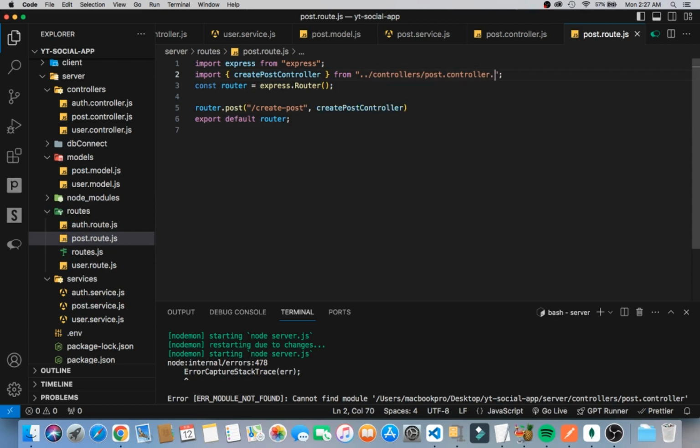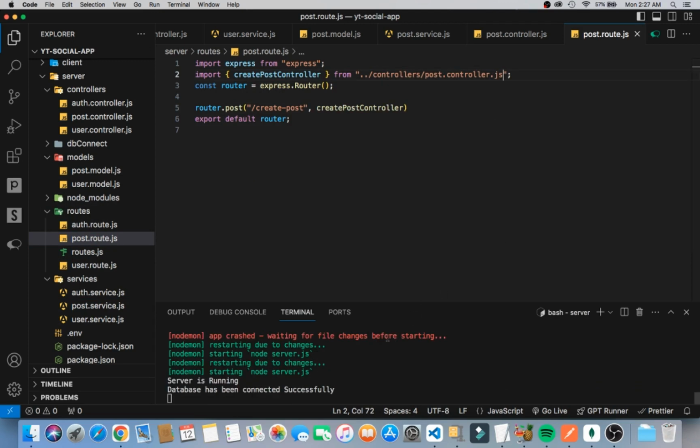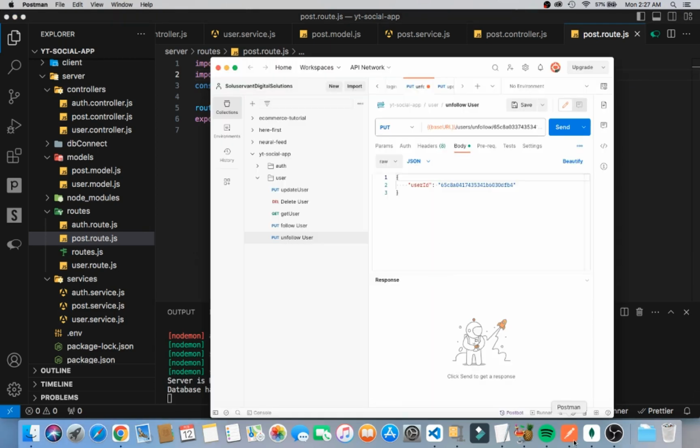Post.controller.js. This is very important. Like I said before, it's very important. So now that we have this, we can test it out, right? So I can open up my Postman, and then